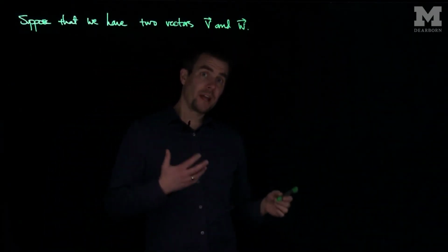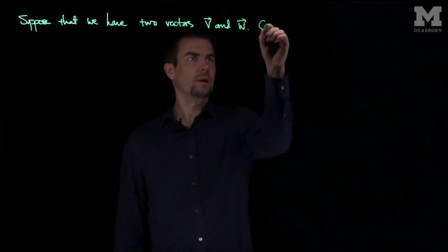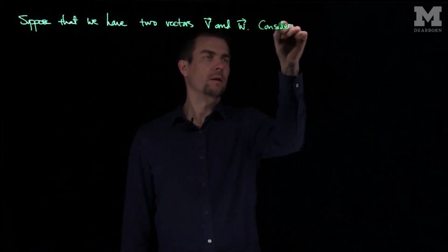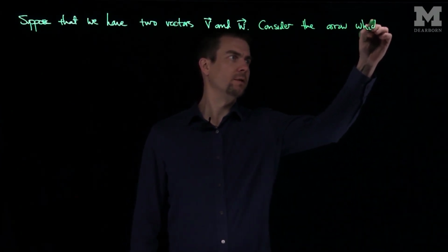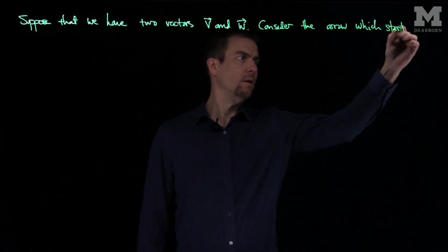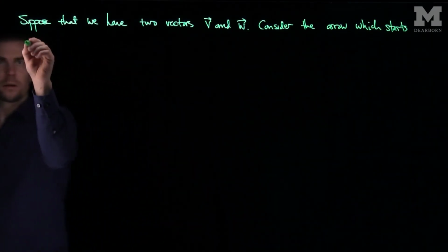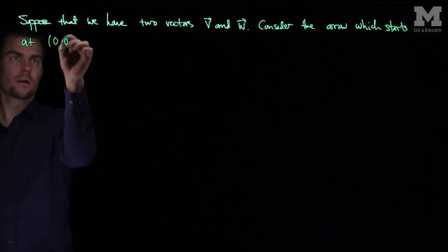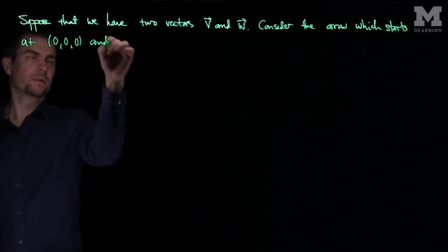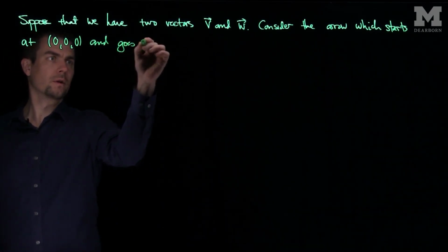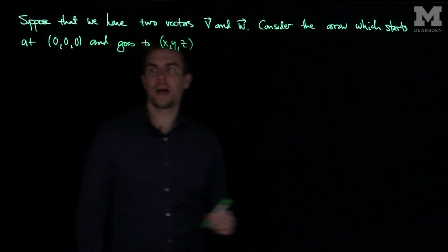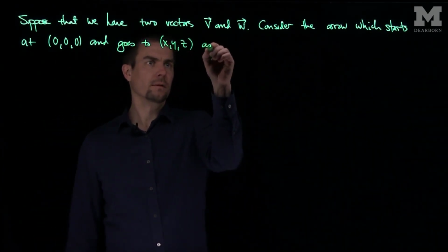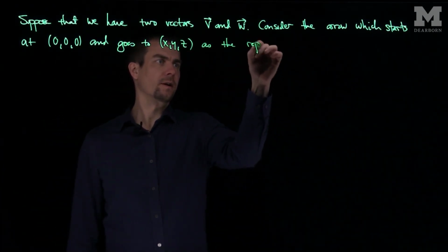We can write down representations of these vectors, so consider the arrow which starts at the origin and goes to x, y, z as the canonical representative